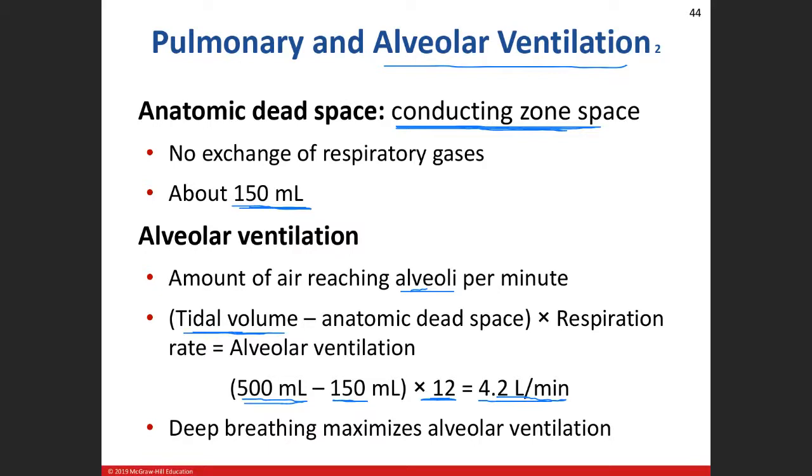If you take a deeper breath in, you're going to increase your tidal volume, and if you take a deeper breath out, you will also increase the tidal volume. If our anatomic dead space does not change and our tidal volume goes up to, let's make it easy, 750, and we subtract 150 for the anatomic dead space, that's going to be 600. 600 times 12 is